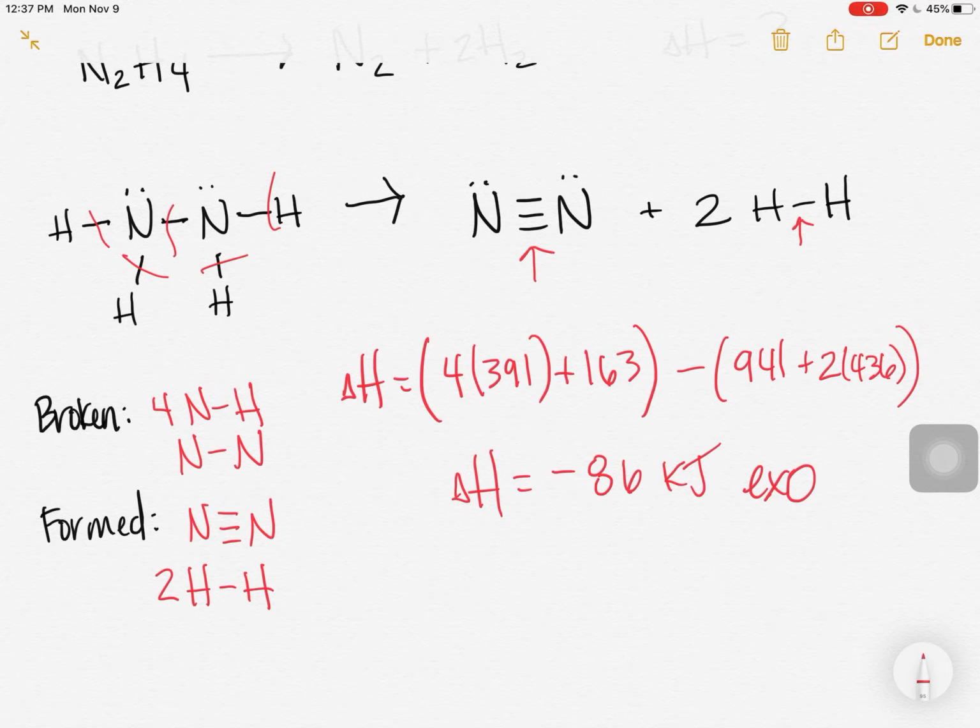So the idea here is not new. Like I said, we've already seen this. We've seen how to find delta H this fourth way with broken minus formed, but incorporating the Lewis structures just takes it up one notch, so to speak, because not only do you have to be able to discuss what bonds were broken and what were formed, but you have to be able to draw the Lewis structure and then decide what bonds were broken and formed. So that is covered in this chapter. There are also problems in your problem set that deal with this, and so I wanted to do a quick